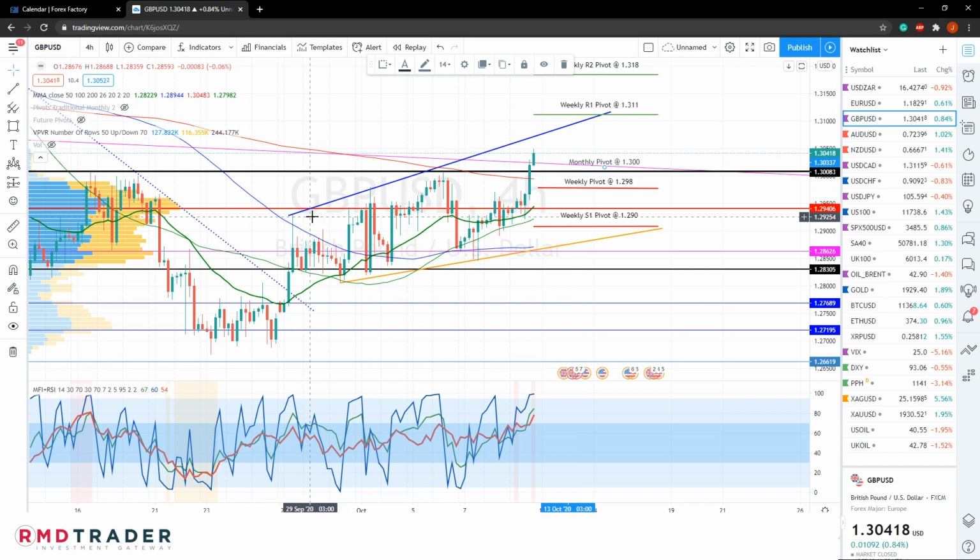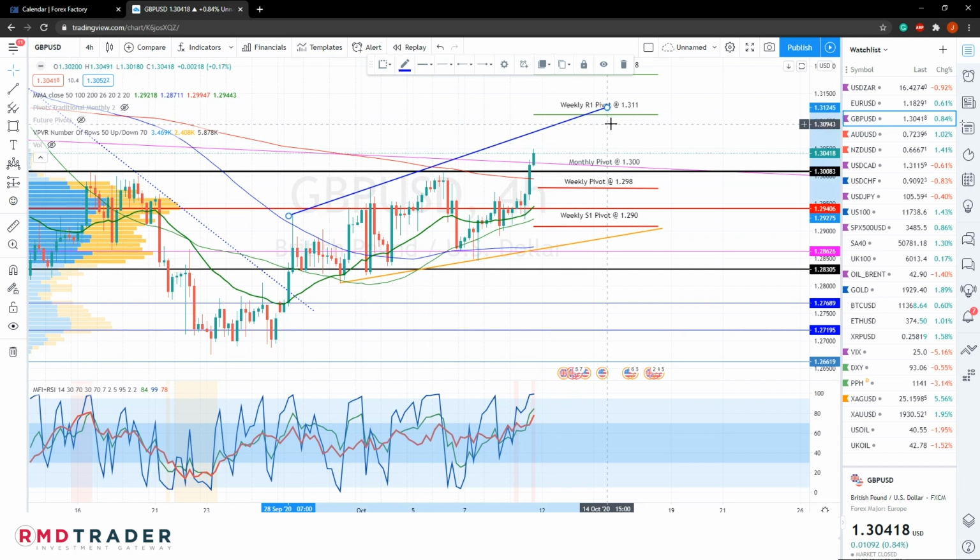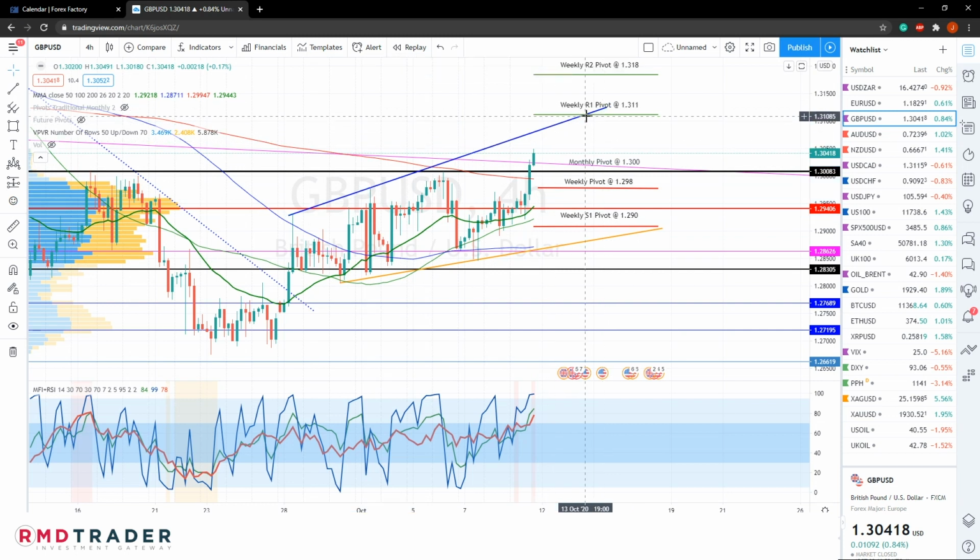We've also formed this new bullish channel now with the resistance indicated with this blue line, and we can see that we have potential targets at the weekly R1 pivot at 1.311. That is, of course, should we see a sustained move higher and a rally for that level. Also keep in mind that the area of support now becomes this area between 1.3 and